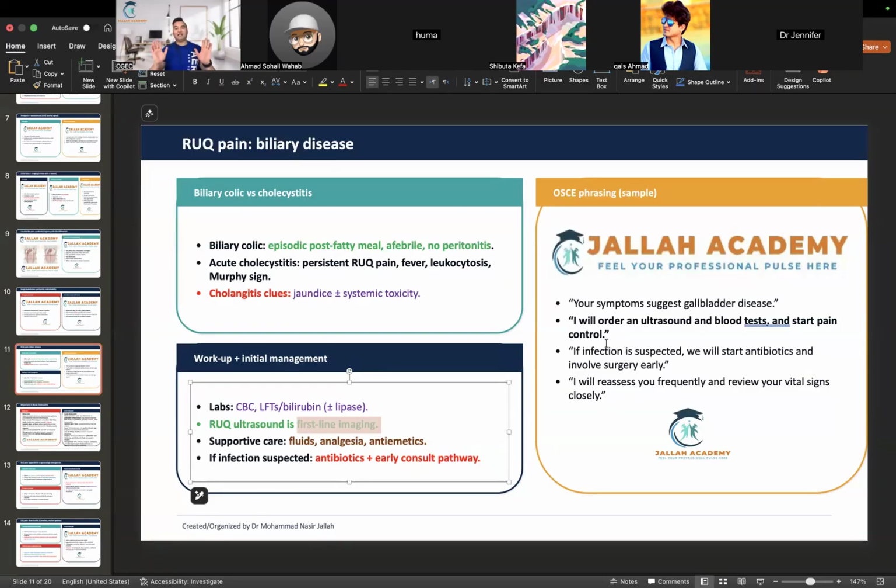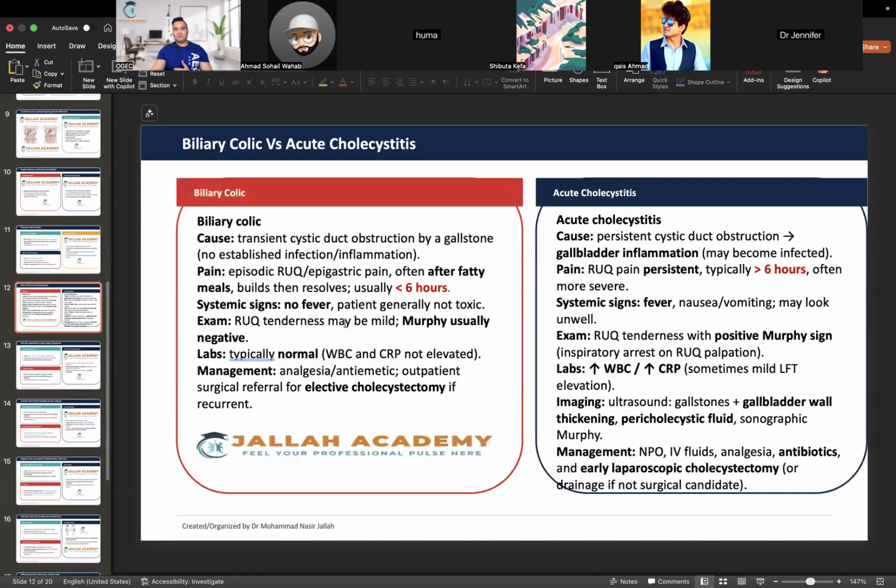So the patient is in good hands, and the patient can trust you because he or she will know that you care about his or her health, and that you're going to be with him or her every step of the way. Okay, so you mentioned every step that you're doing.